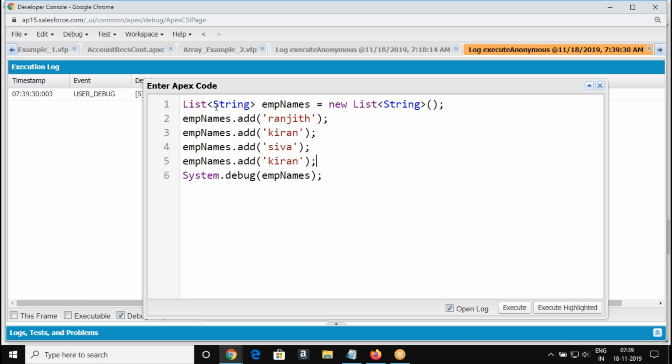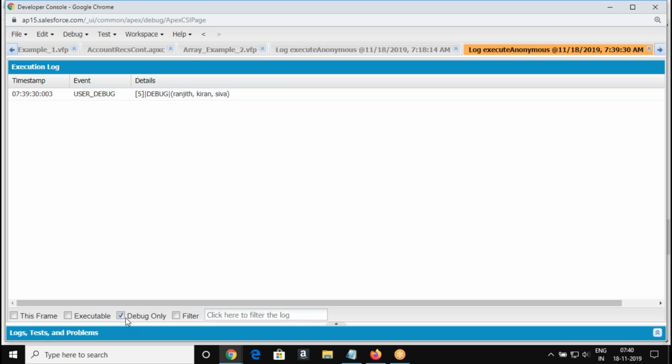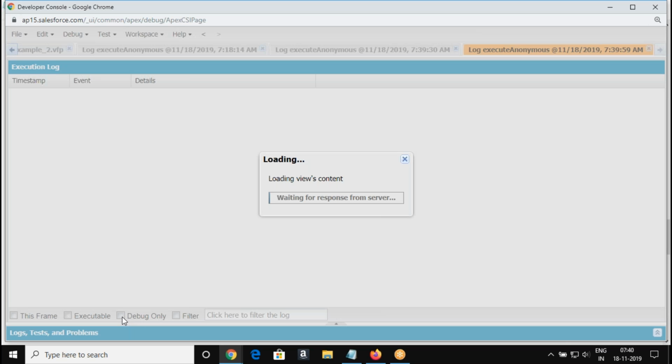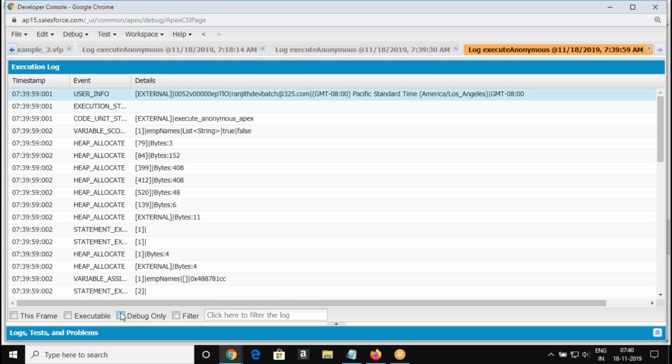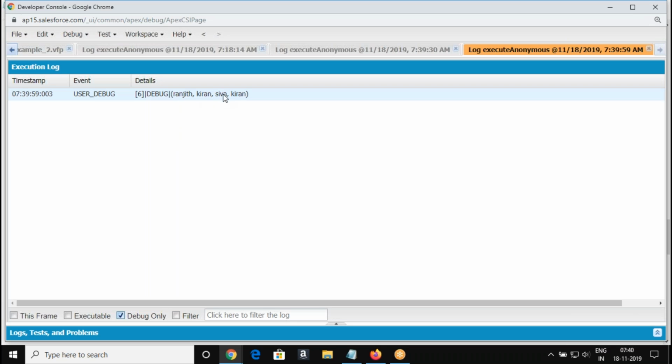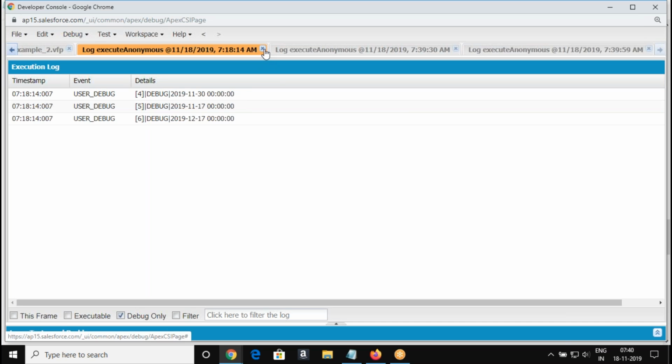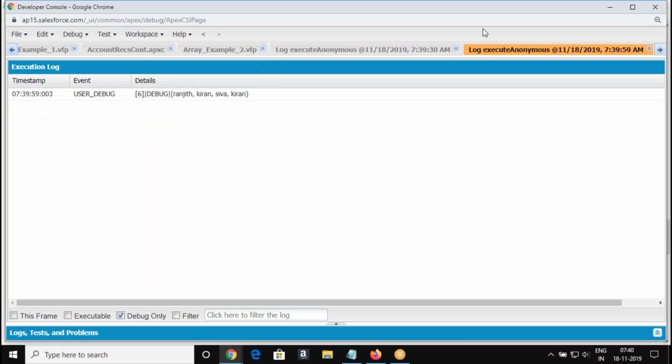What I'm doing is repeating the value, a duplicate value. Whatever element you add will be added at the end. The duplicate value will also be acceptable. Both list and array accept duplicate values, right? But there is a difference.